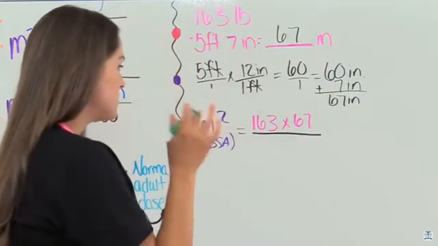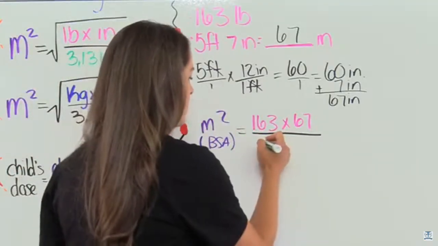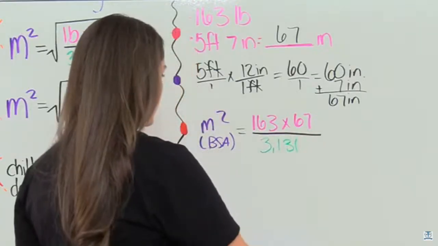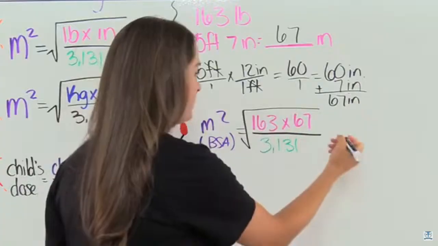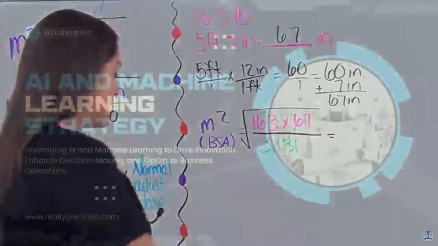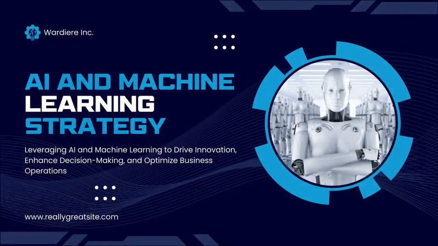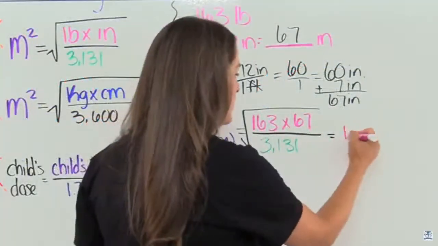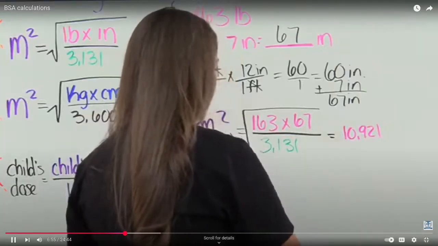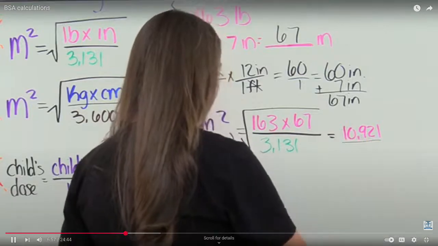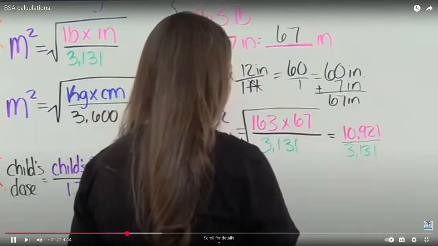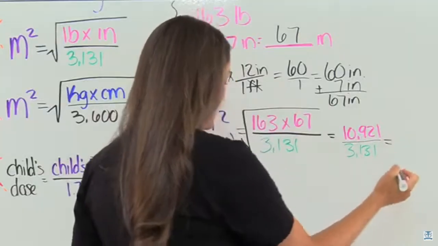And again, don't get that confused with the other formula. That's the key with it. So we're going to divide that by 3,131. Make sure you keep your square root because we do that at the end. So 163 times 67 gives us 10,921. And then we're going to divide that by 3,131. And whenever we do that, we get